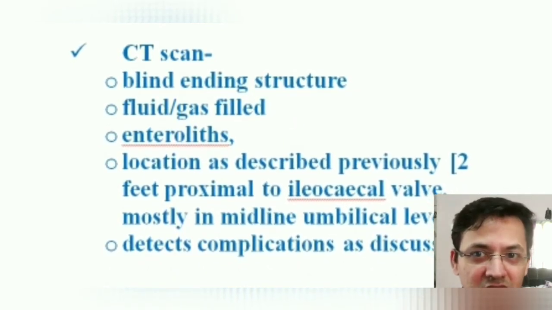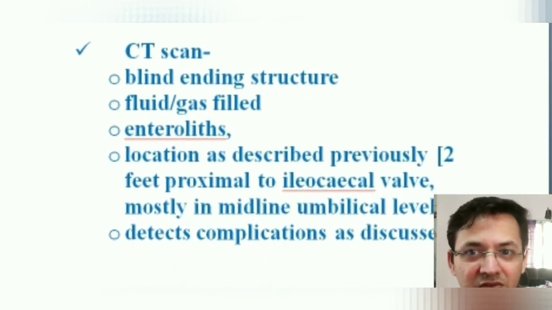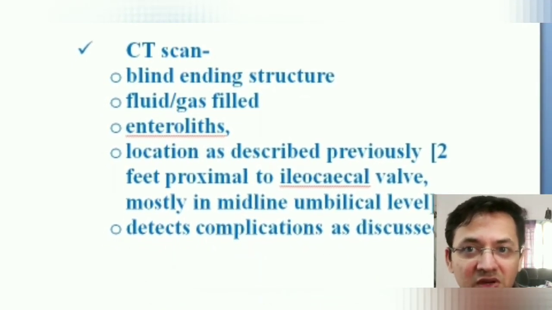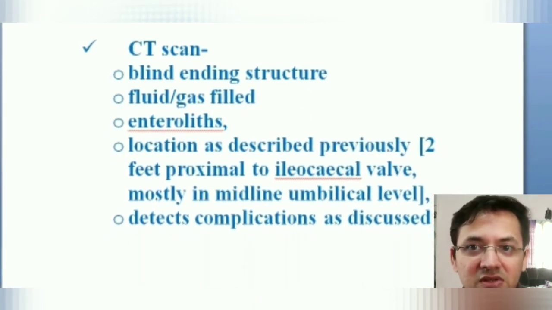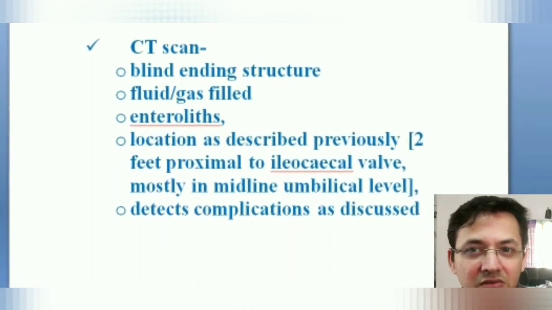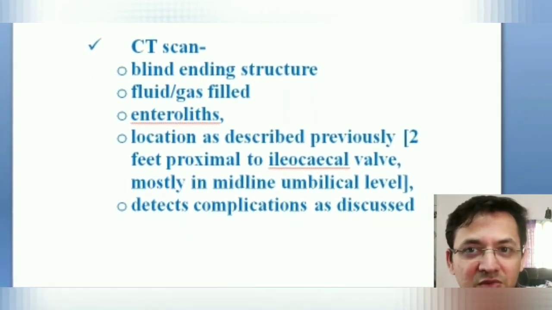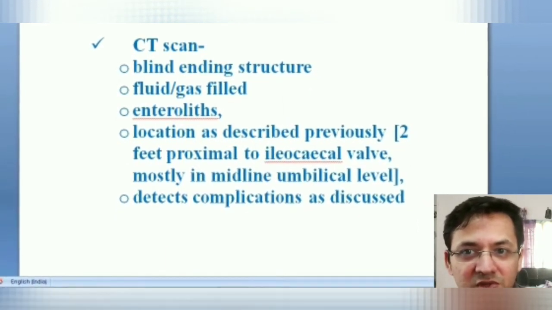On CT scan, it is possible that the Meckel's diverticulum itself may not be visible properly because of the already dilated small bowel and collapsed lumen distally with the transition loop at umbilical or central level. It is possible that we may miss it, so we should consider this possibility.